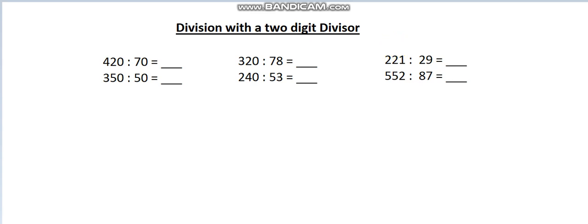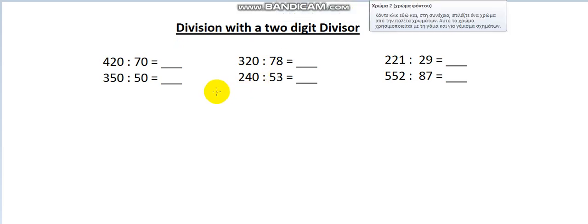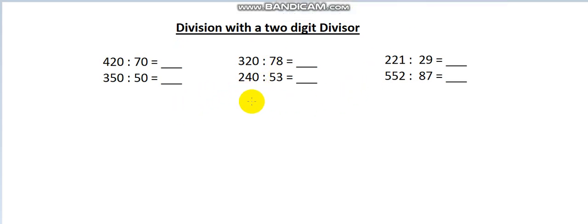Hello everyone, in this two-part video we will be discussing division with two-digit divisors. In this first introduction video we will be talking about a tool that we use in division with two-digit divisors, something to explain why we do what we do in order to solve problems like these. We will be starting off here where I have divisions such as 420 divided by 70 and 350 divided by